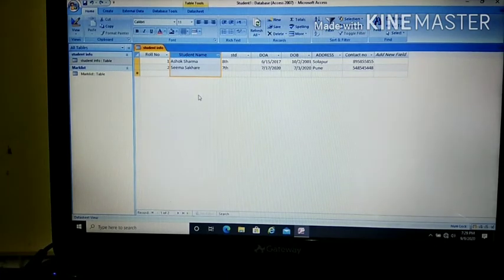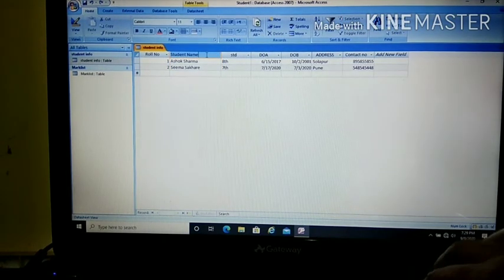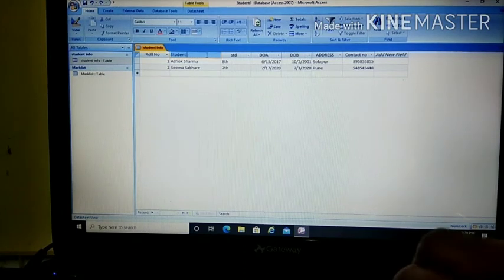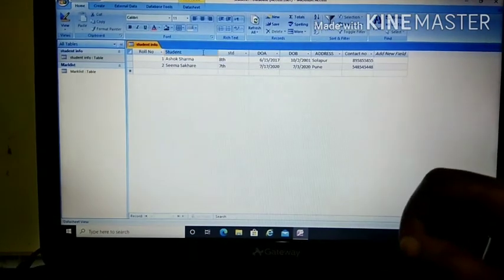Now the next point is renaming a field. Many times it happens that you want to rename your field. Suppose you have written the wrong spelling or you want to change the name of that column. What you have to do is double click on that field name, and then a cursor will appear. Here you can type whatever changes you want to make.